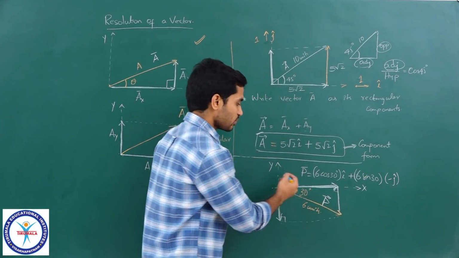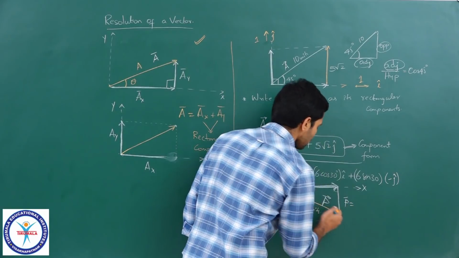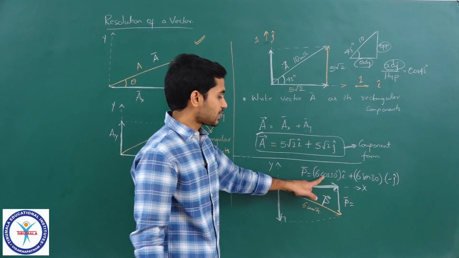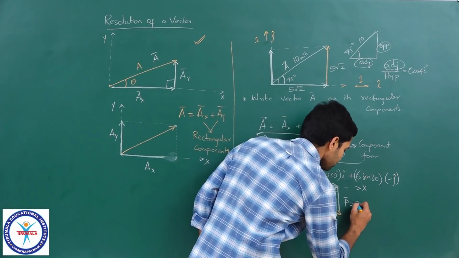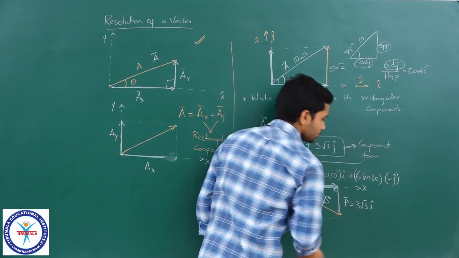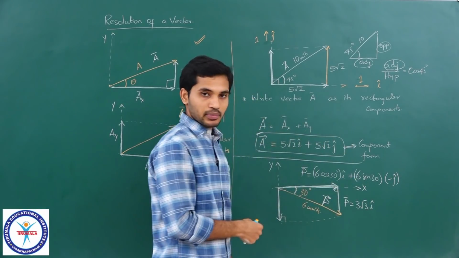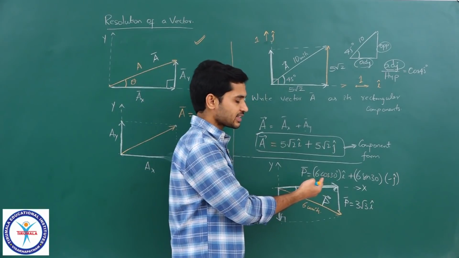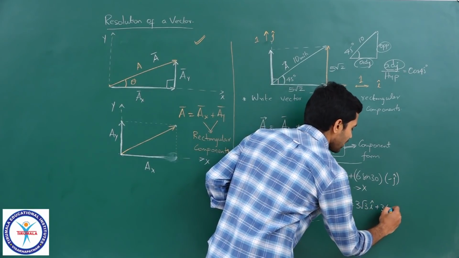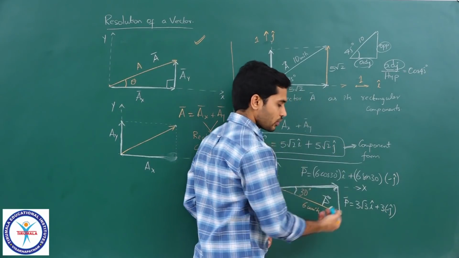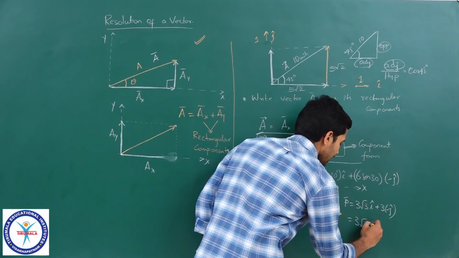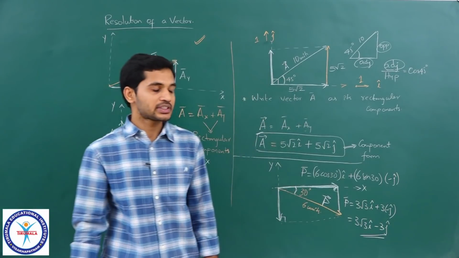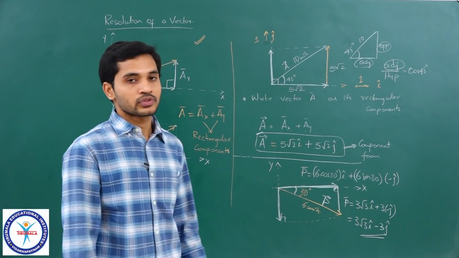That is it. If you want, you can simplify that further. So, you would be getting P bar is equal to 6 cos 30. Do you know the value of cos 30? It is root 3 by 2. So, 6 into root 3 by 2 will give me 3 root 3. Here sin 30 is 1 by 2. So, 6 into 1 by 2 will give you 3 into minus j cap. If you want, you can write it as plus 3 into minus j cap, or you can also write it as 3 root 3 I cap minus 3 j cap. So, both are the same. Clear, students? So, that is how we resolve a vector. We will see a few more.